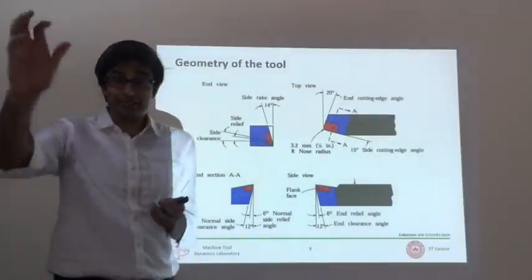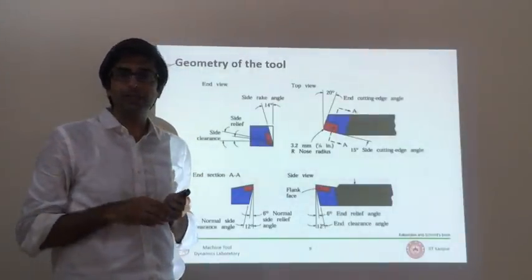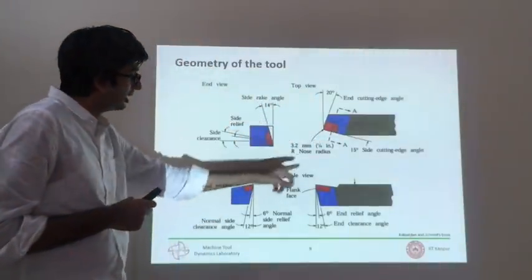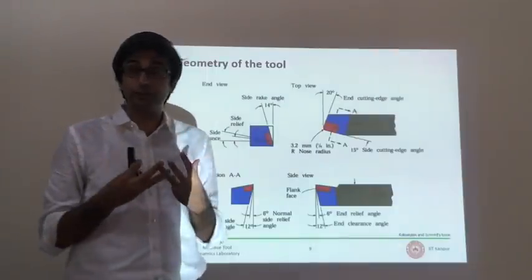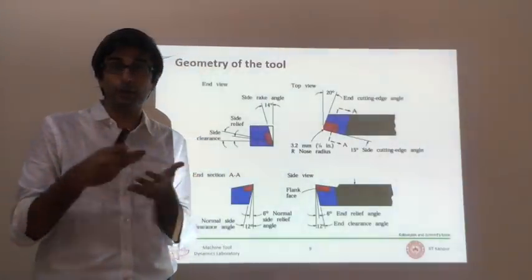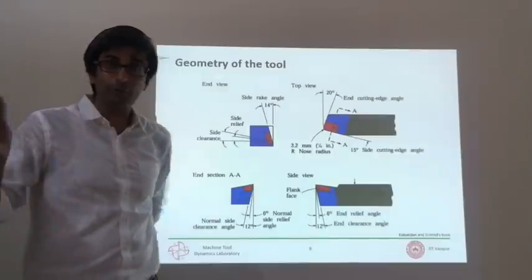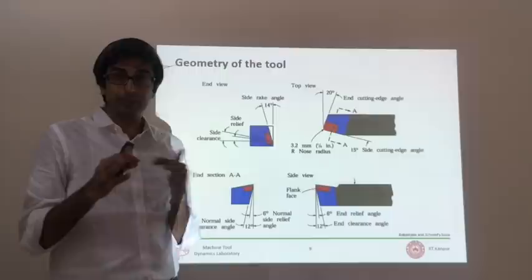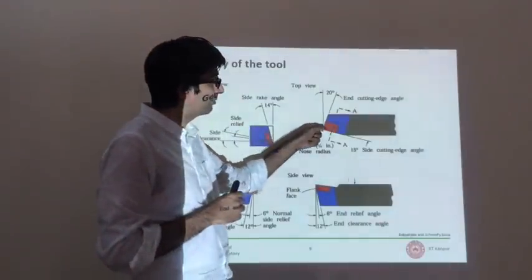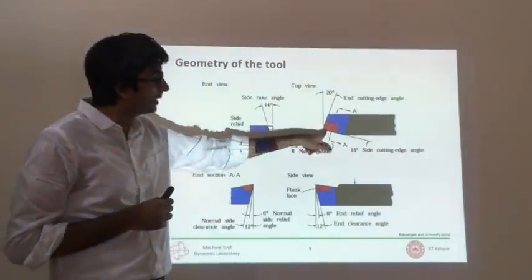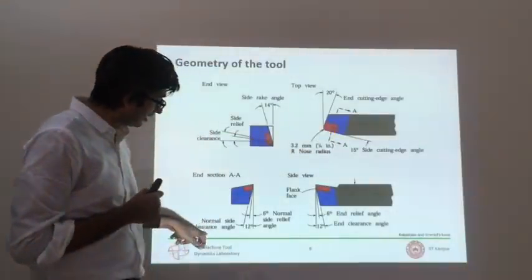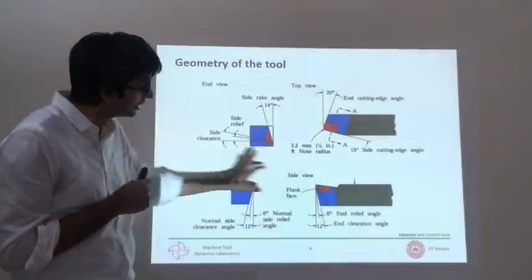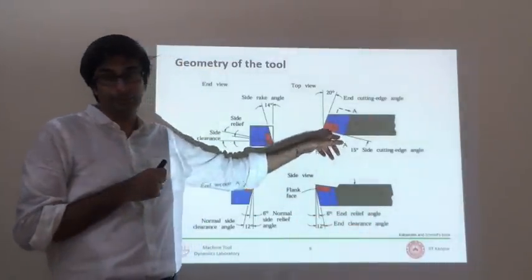Each of these clearance angles is important because, although only one edge is cutting, you don't want any of the other edges or the faces of the tool to be in contact with the workpiece. There will be a lot of rubbing, a lot of friction, a lot of waste of energy in overcoming all those things which are not supposed to take place. You're only supposed to have contact between the tool and the workpiece at the cutting edge. So there are all these clearance angles and relief angles, end relief angle and end clearance angles. These are essentially to define the geometry of this cutting edge.